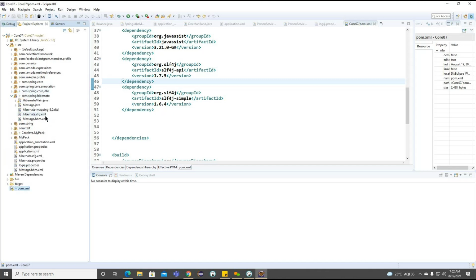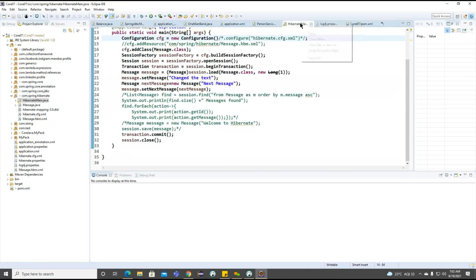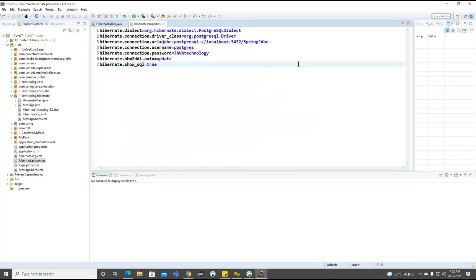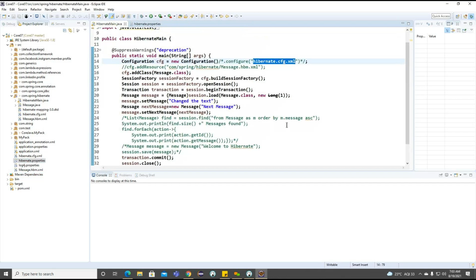Here we define Spring Hibernate, and inside this Hibernate project we have the main class. Let me close this. If you see carefully, these are the steps we identified in yesterday's class. We created our configuration class, which is our main class to configure the database properties. With the help of the cfg.xml file, and later the hibernate.properties, we connect our application. So these are the two ways we can connect.